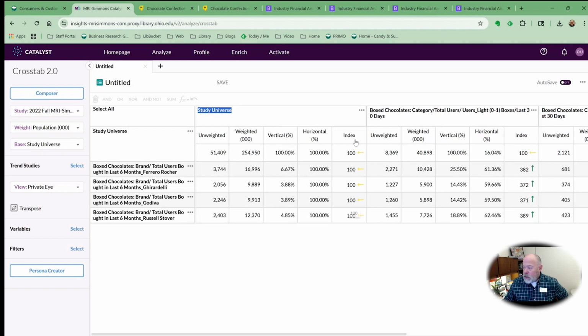All right. You'll also see the index here. The index for the entire study is 100. So this is going to be the same for the entire study until we get to the individual variables over there. That's important to kind of look at there. Okay. So if we scroll over,